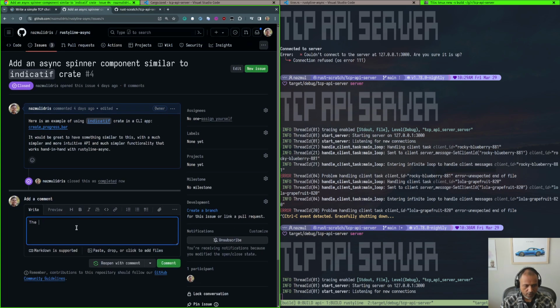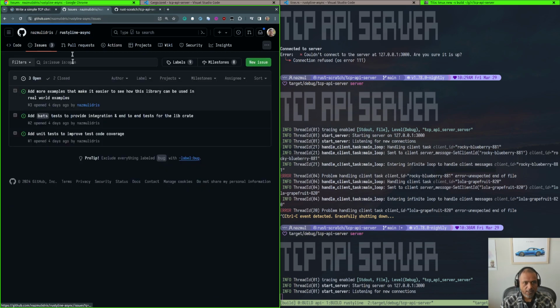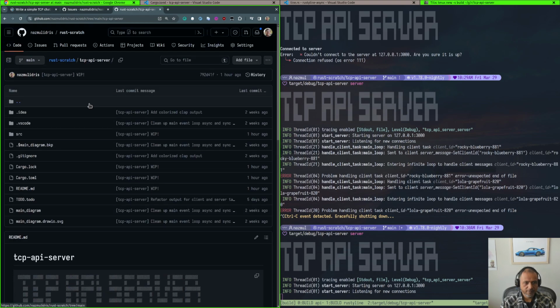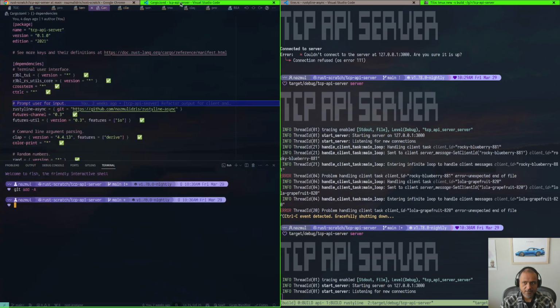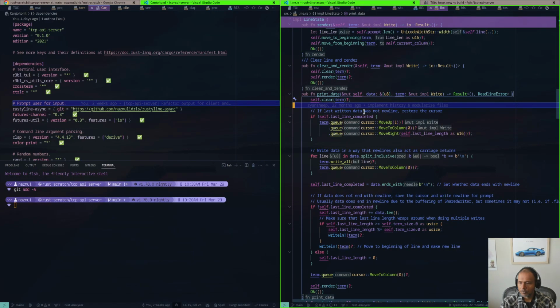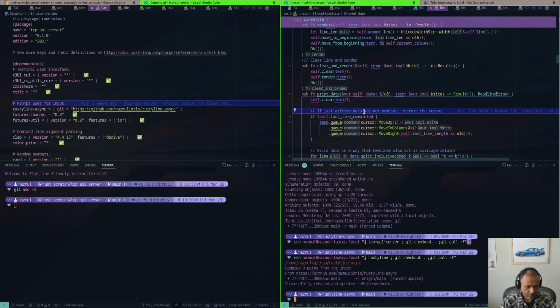So the progress bar. Actually, you know what? I'm just gonna leave this because progress bar async isn't even in this repo yet. It's actually in this TCP API server repo, which is a different repo. This is where I've been using Rusty line async because the Rusty line async has a really nice